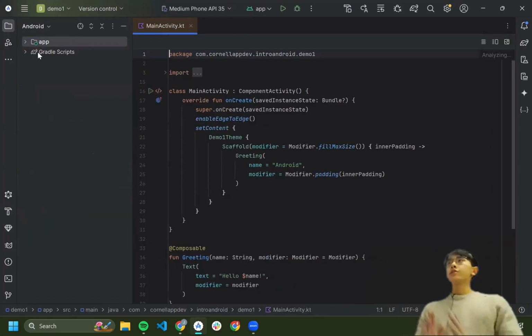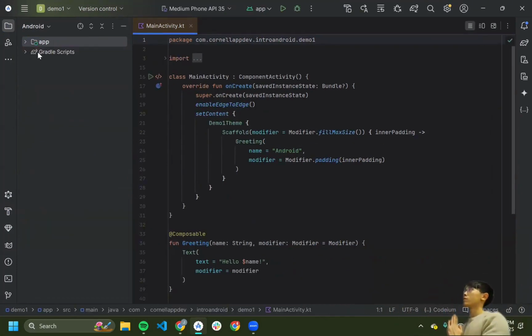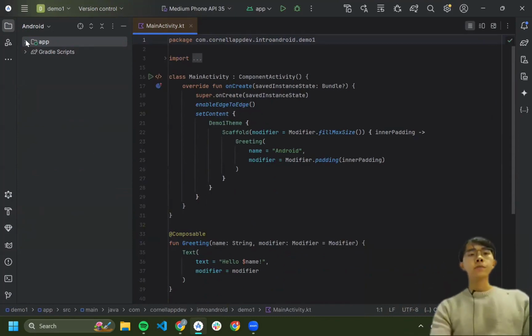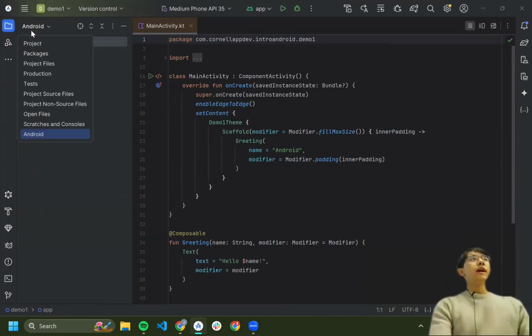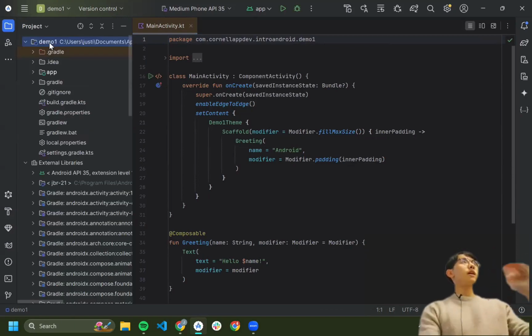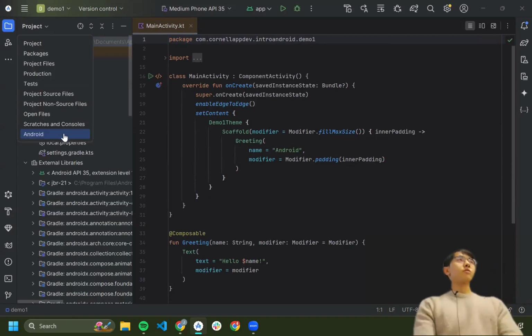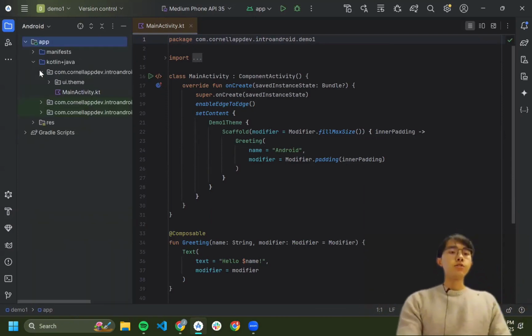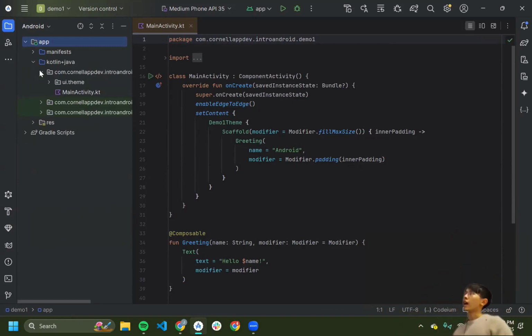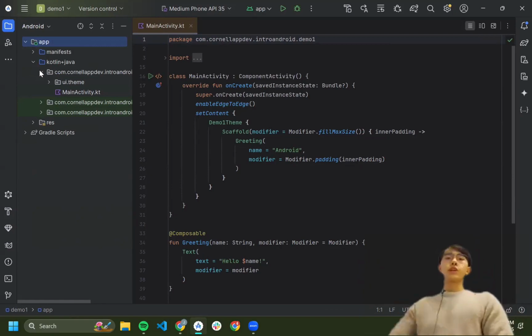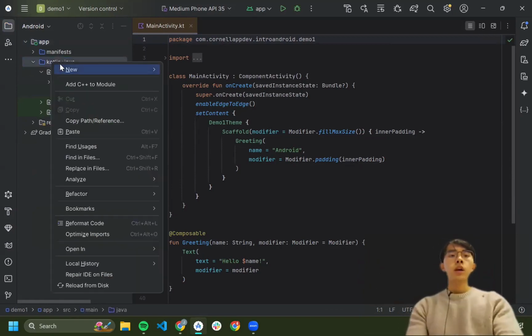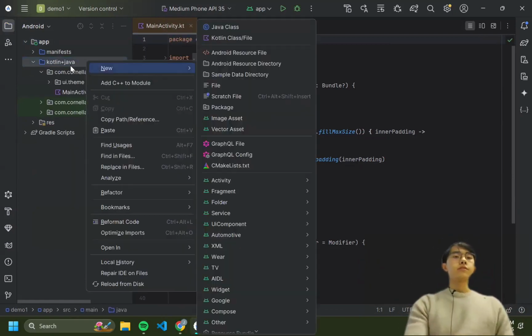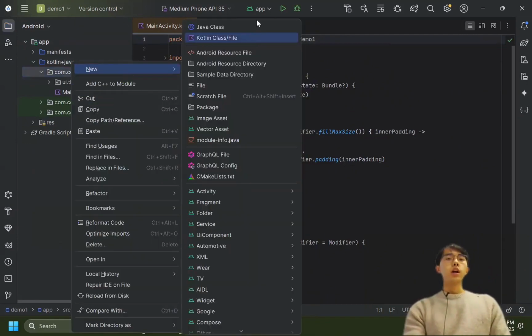And then once you have the Gradle complete, you will see this new Android view. This is a more condensed version of the file system. You can technically go back to the raw files by clicking on project, but for most purposes, we'll just want to stick with the Android view because it's nice and doesn't look too convoluted. Okay, and so the actual files that you'll be working with are mostly in this Kotlin plus Java folder here. If you right click on these files, you can start making new files.